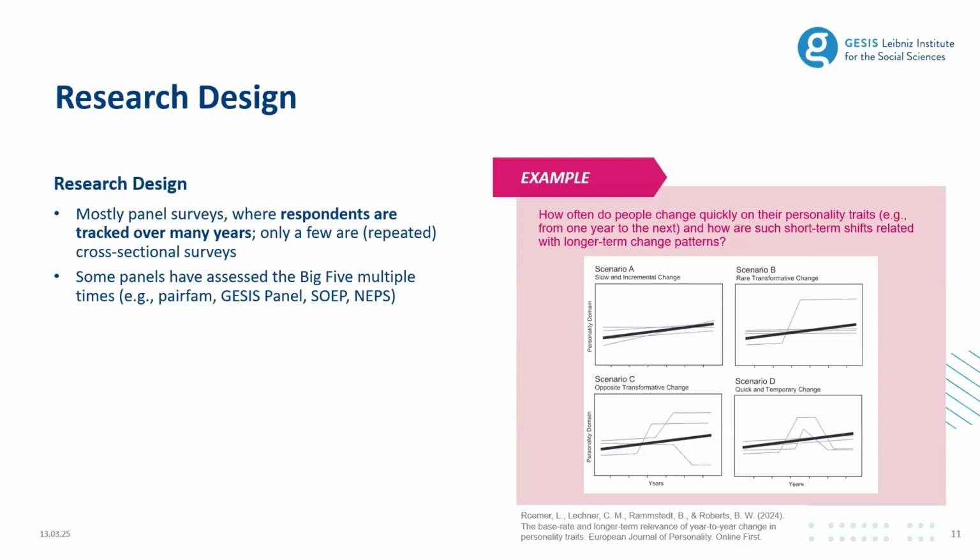So here from one year to the next in the general population. And if such short-term changes actually remain at a longer-term level. And what we found is that those short-term changes from one year to the next were actually relatively common, often also rather large in size, but most typically more temporary in the sense that most of the short-term change reverted after a while in the longer term.